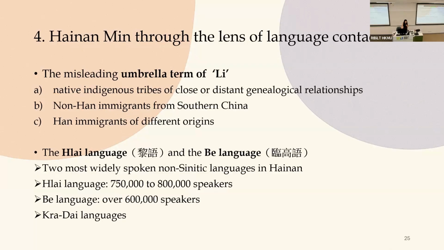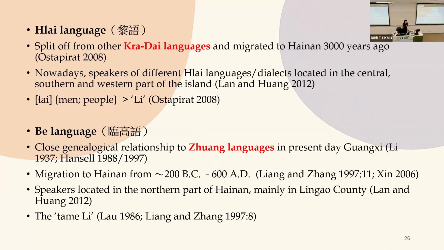So in present-day Hainan, Hlai and Be are the two most widely spoken non-Sinitic languages, with nearly 800,000 and 600,000 speakers respectively. And we believe that the two languages, which belong to different branches of the Kradai language family, have played a major role in shaping the linguistic landscape of Hainan and influencing the formation of Hainan Min. So the Hlai